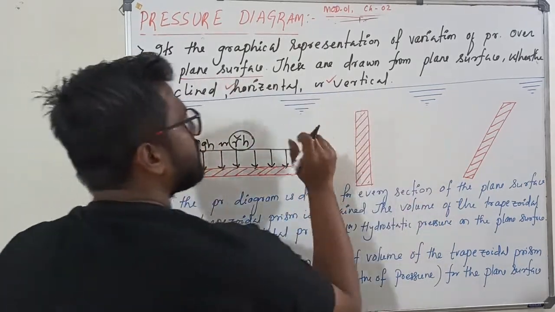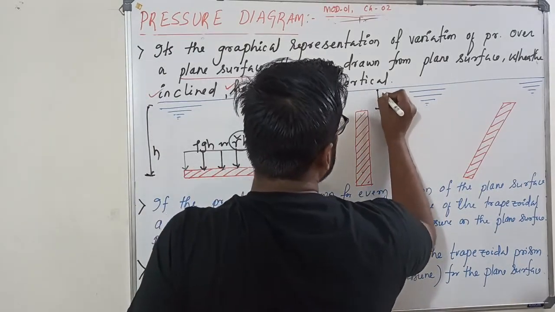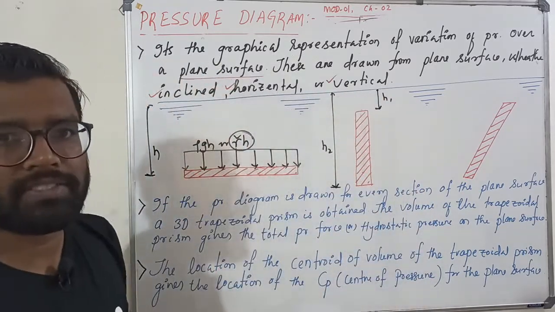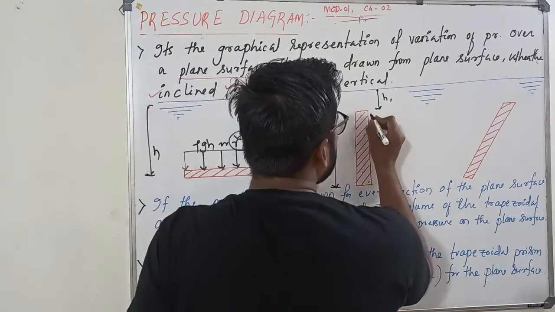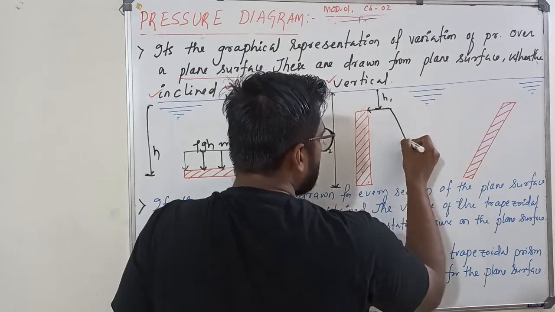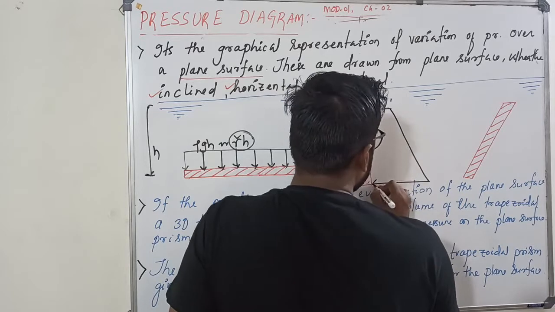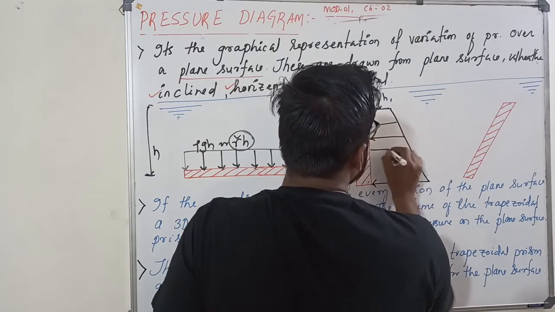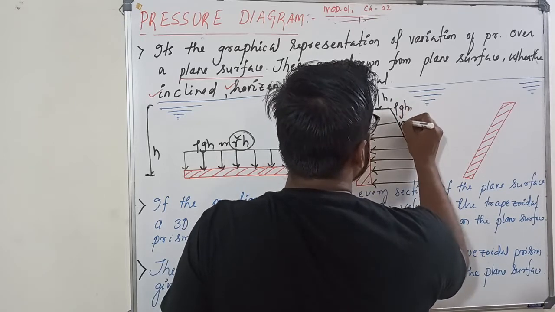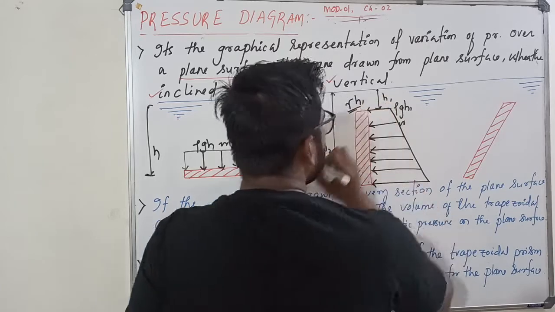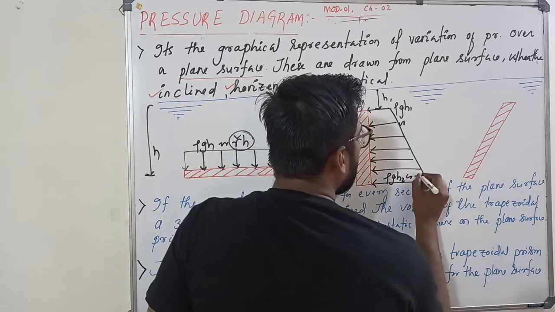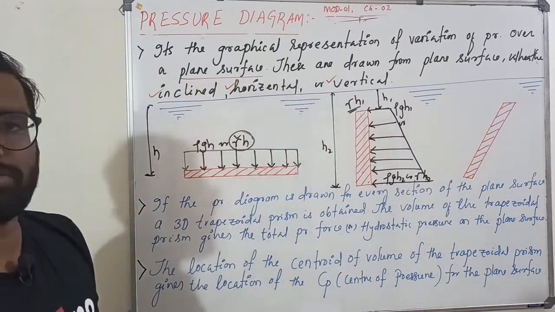So next, this one. Let us say the top surface is at a depth of h1, and the bottom surface is at a depth of h2. So how will the pressure prism be? Sir, like this. This is your rho gh1. As the depth increases, my pressure increases linearly. So here the pressure is rho gh1, or, sir, as you have already told, gamma h1. Gamma is rho into g. And this pressure will be rho gh2 on the bottom surface, or gamma h2. Okay?